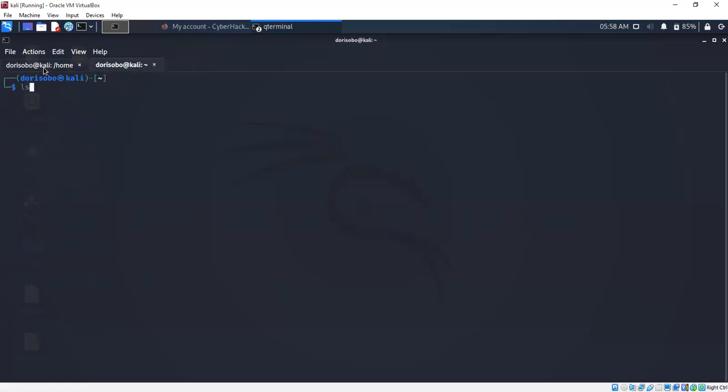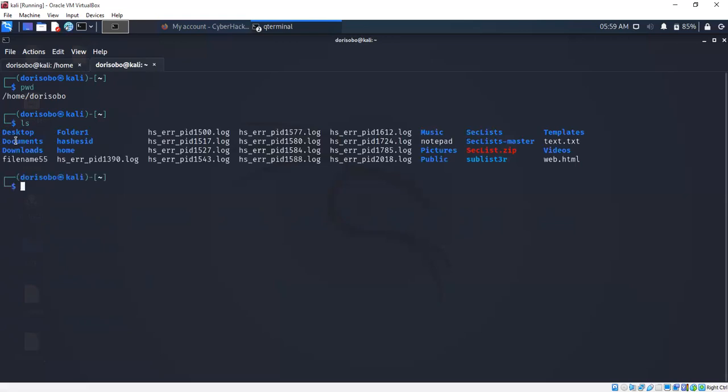Let me do ls. So we can do pwd here, and our current directory is home slash my username, which is Doris Ubo. So let's do ls too, and I can change the directory here to desktop. So it's no more showing this sign. It's now showing it has changed. My directory has been